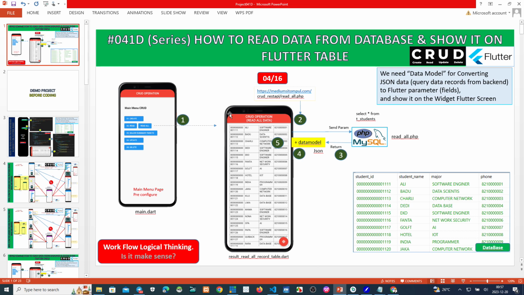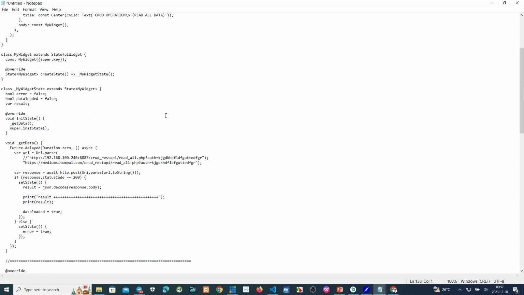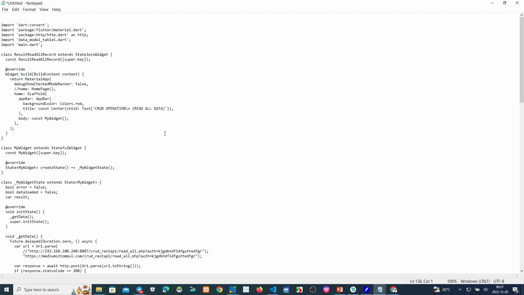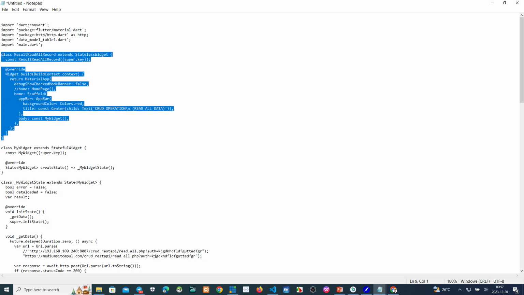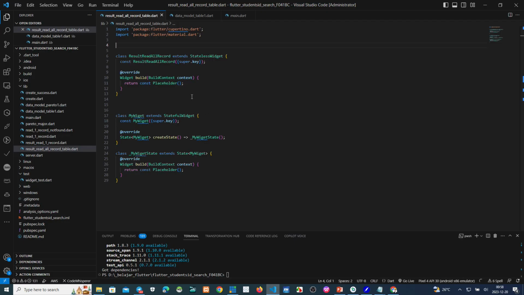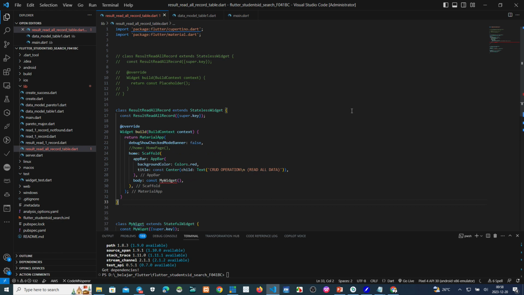The first one we make is the application bar here, with the name of the project. We copy this stateless widget so the video is not too long, to make the application bar here.